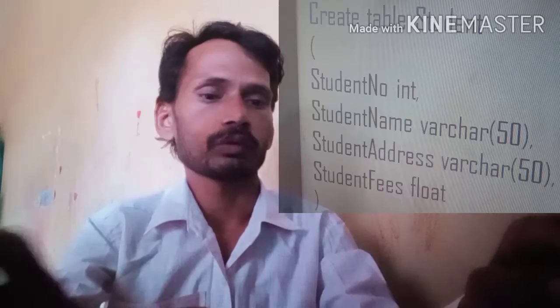Each and every column we need to give the comma. Then student fees should be a float. Whenever a dot will come in fees, it should be accepted. So we need to take float. Then bracket close.